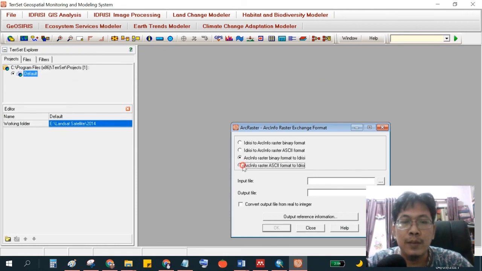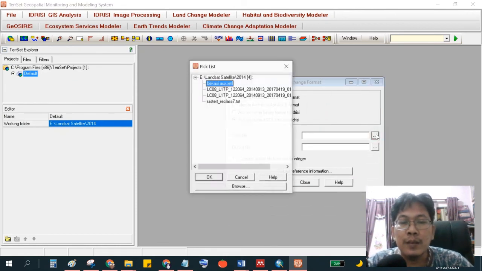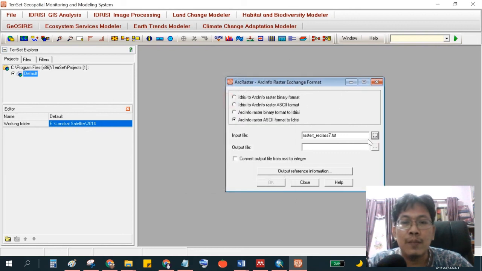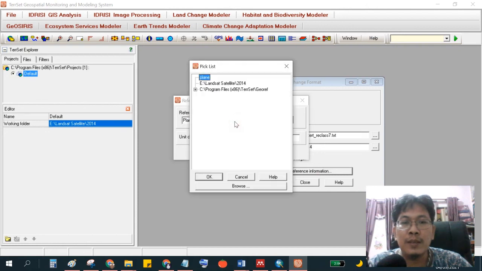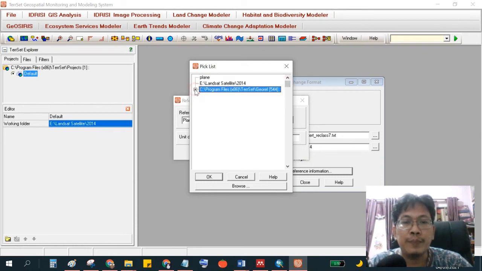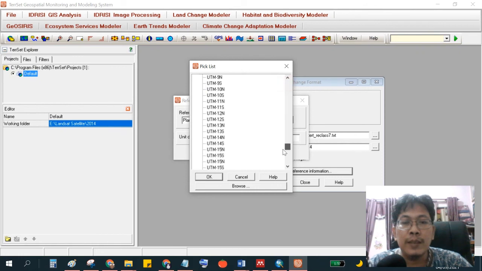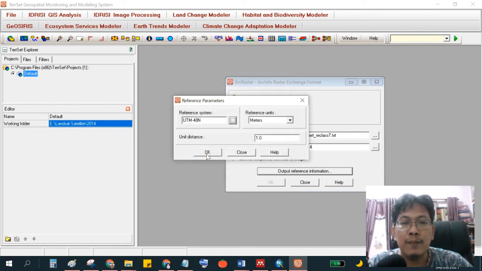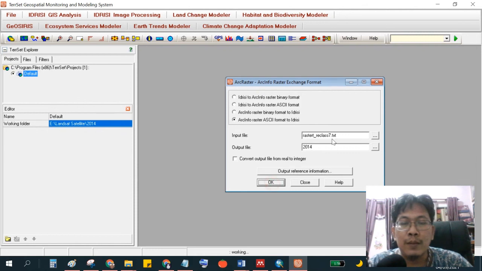Here we choose the radio button ArcRaster ASCII to IDRISI. We just give the name, for example 2014, as the output raster. Just easily we use the Universal Transverse Mercator or UTM 48 north, according to the Landsat default projection. Click OK and OK again.